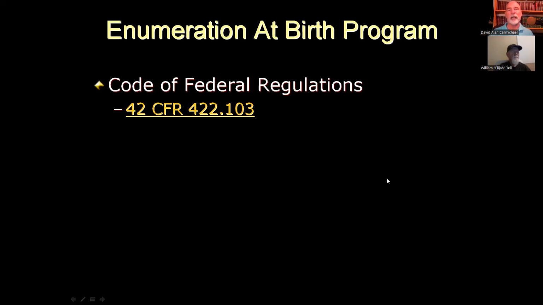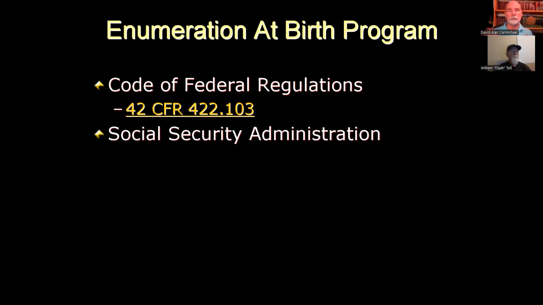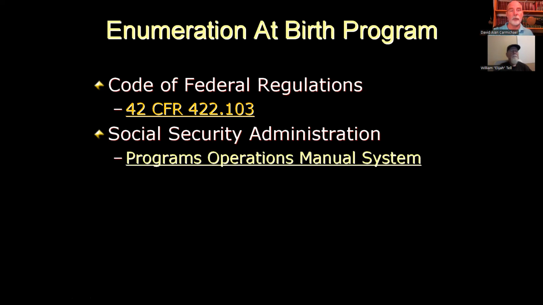So here we are. The last thing we talked about in our last episode, part 1, we went through the Code of Federal Regulations and talked about essentially what it is that they do. They collect money and they put it in an account. It's an account record number. It's not your number.